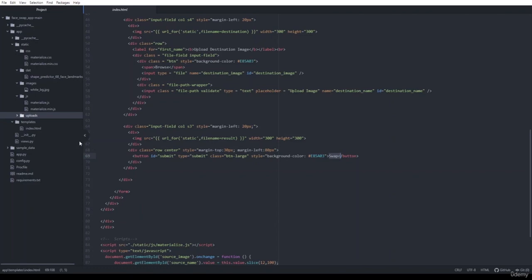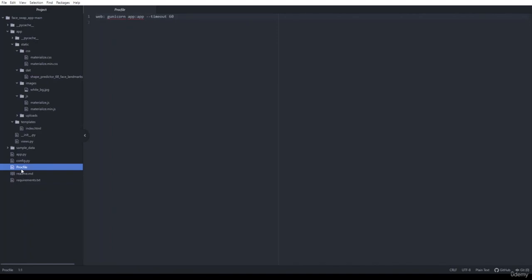Now let's move forward and let me show you some of the other important files. So this is the Procfile. A Procfile is generally important when we deploy the app. As you can see here, it contains web, which will tell the deployment app that this is a web app. And similarly, Gunicorn will run the app from app. And here you can see that we have set the timeout as 60. So it will be 60 seconds. It will wait for 60 seconds after we click any button before timeout.